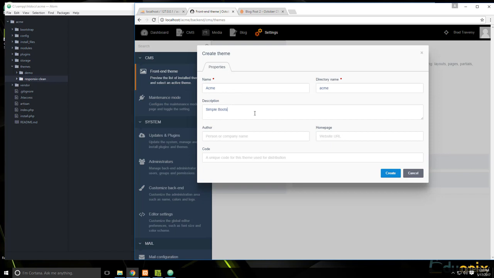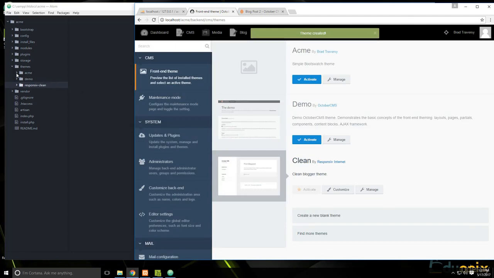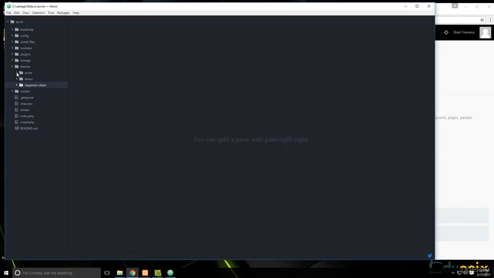Actually, we're going to use Bootswatch, which is a customized version of Bootstrap. Author, feel free to put your own name. Homepage, I'm just going to say eduonics.com. For the unique code for this theme, we're not going to do that. So let's click create, and over here you'll see that there's a folder now in the themes folder called Acme,